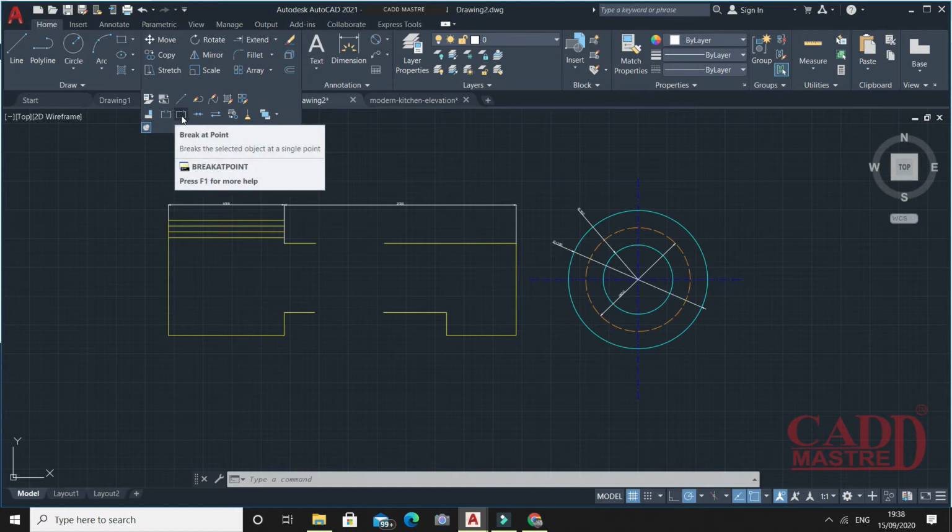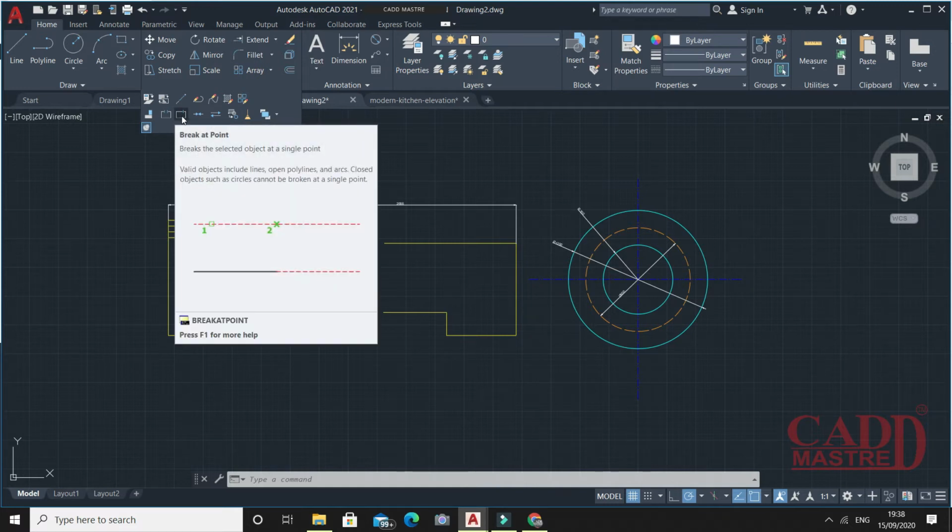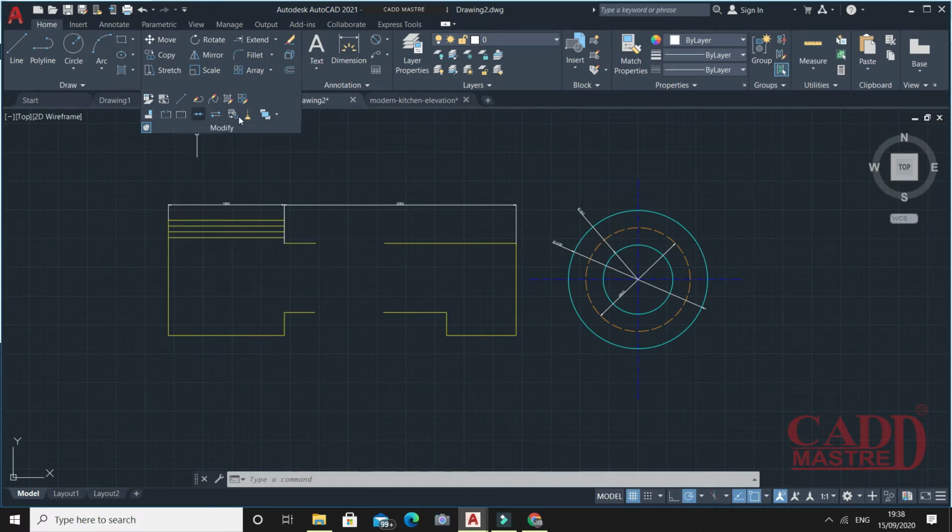Now there is a difference between break and break at point. Basically the break at point feature helps to break the object at a single point. It is valid for line, polyline and arc objects, and it won't work for closed loop objects like a circle, which cannot be broken.